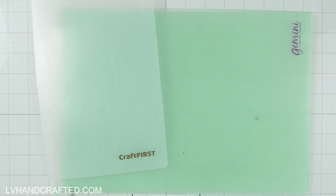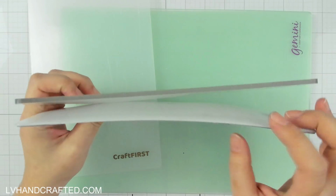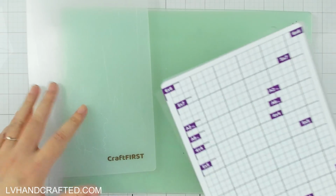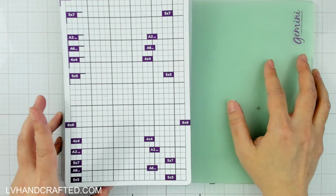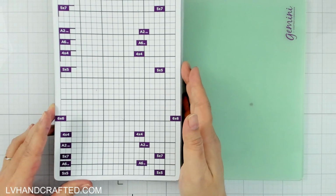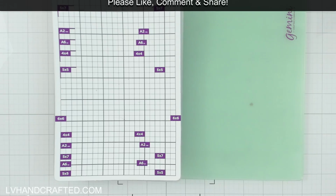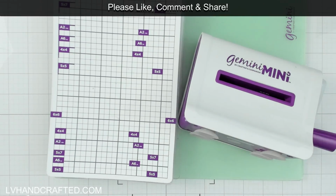So you can kind of see this is straight. This is curved. The plastic plate is curved. So that's just the standard machines. Both of those would be electronic. So Gemini Original and Gemini 2 and the Gemini Junior, these are electronic die cutting machines. Really great. And Gemini also does a mini machine. So the mini machine